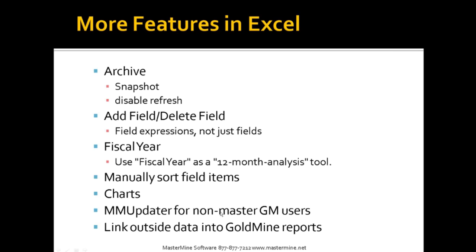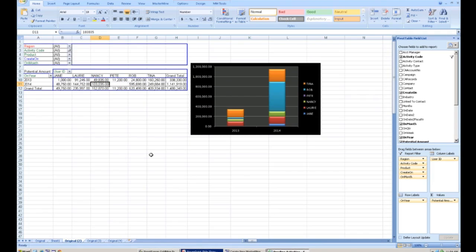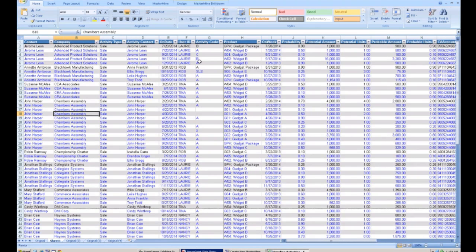So I think most of the users on here are probably familiar with our Updater application. It gives you the ability, of course, to make changes in Goldmine, make changes in Excel, and push those changes over to Goldmine. So from any drill down sheet, change the dates of forecasted sales if you want to move the obsolete ones up to future months, for example,